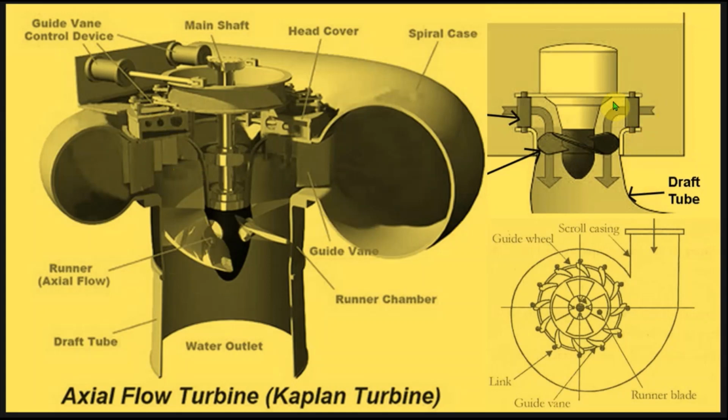As you can see in this schematic diagram, this is the runner and this is the flow direction shown. So the flow after entering the casing and thereafter through the gate vane or guide vanes will be turned to the axial direction. So once the flow enters the runner vanes, it is axial. Throughout the flow from the inlet of the runner vane to the outlet of the runner vane, the flow is parallel to the axis of the runner shaft. That's why it is called axial flow turbine.